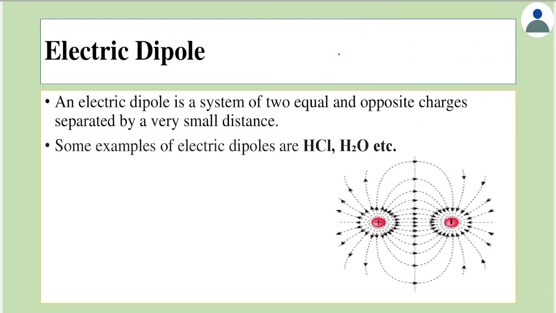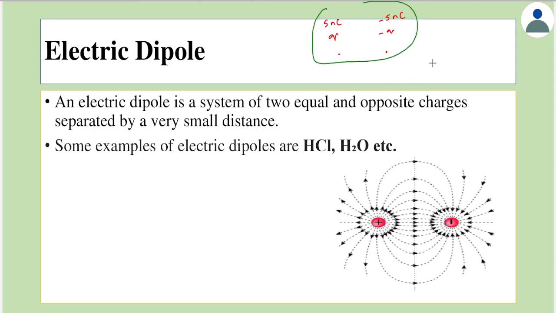if we have a charge, say Q, the other charge should have the same magnitude as that of Q but opposite in polarity. So this should be minus Q and the separation between them is small. Now suppose this charge is 5 nanocoulomb, this should be minus 5 nanocoulomb. So that for the dipole, the total charge should be 0.